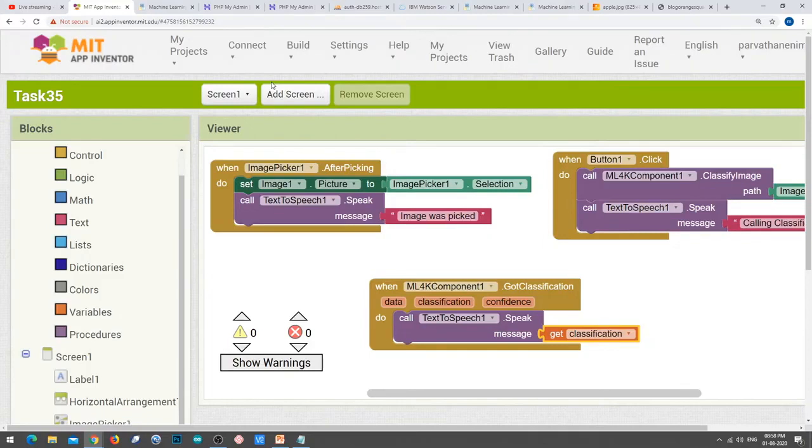So let me quickly pass an orange image also. Okay, image was picked. Calling classifier. Orange. I have given orange image, so it has said orange. When I am passing apple image, it said apple. So this is task 35, a little bit complicated when you compare with the remaining tasks, but